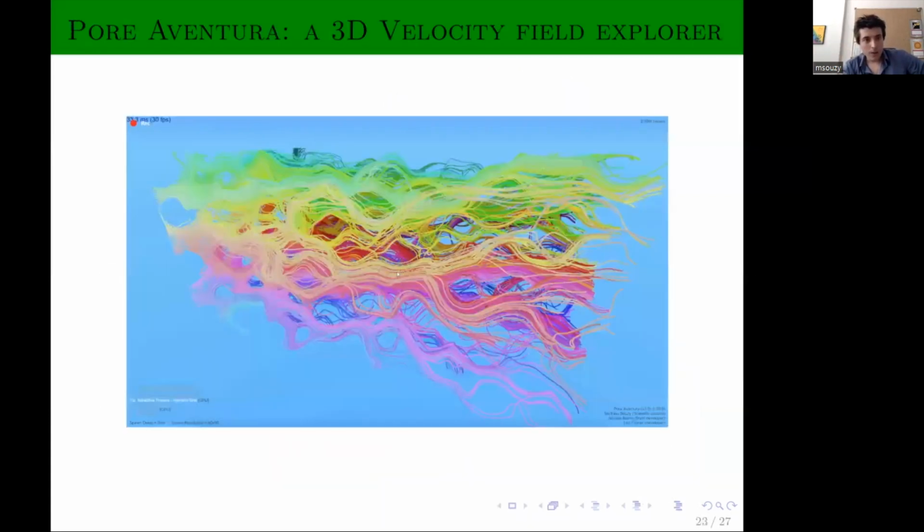So now, as I still have a little bit of time, I'm going to show you something, also some project that we had. In addition to using the velocity field for quantifying stretching and dispersion, we also used it to develop a 3D velocity field explorer called Pore Aventura. It's an open source software that is available on GitHub, which